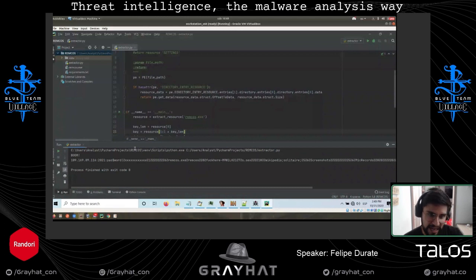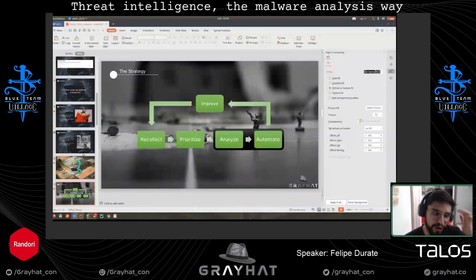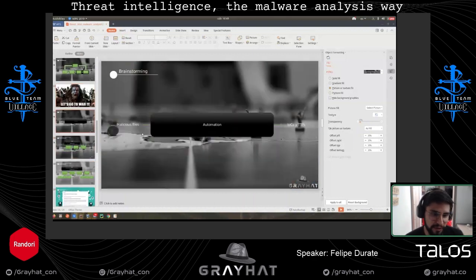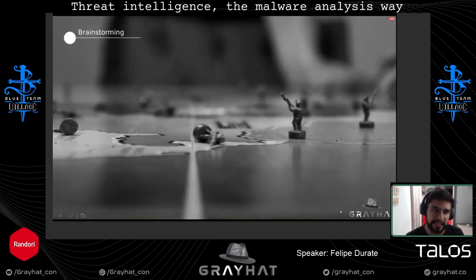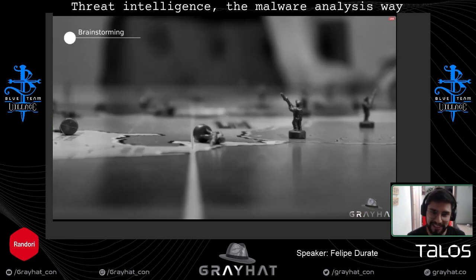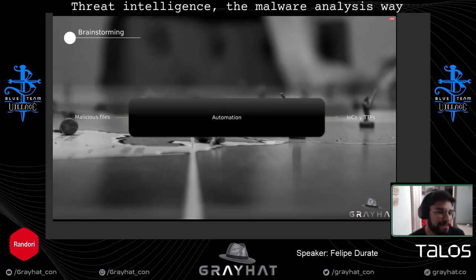At this point we are good to go with the Word theme. Just summarizing, I want to give you some other ideas. It was amazing, I really enjoyed it, and I hope you enjoyed it as well. But the idea is not to do this manually. We did that just because we wanted to study and learn new stuff. The idea is to receive a feed of malicious files and automate something, and the automation could be a black box.